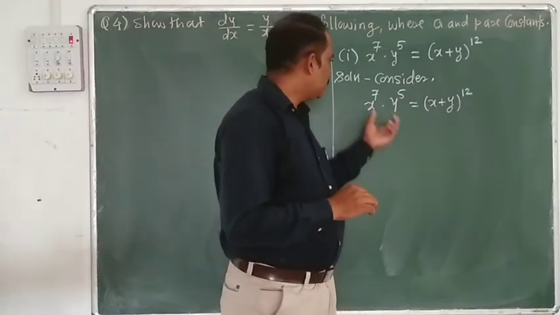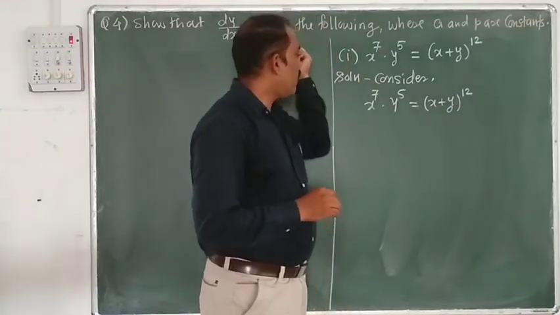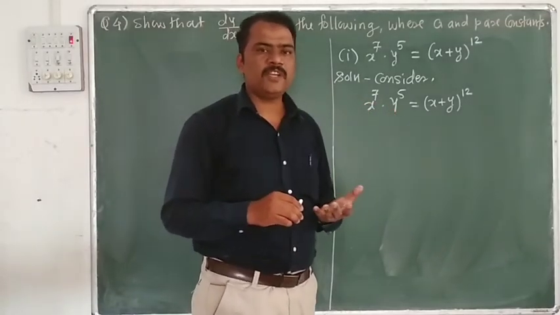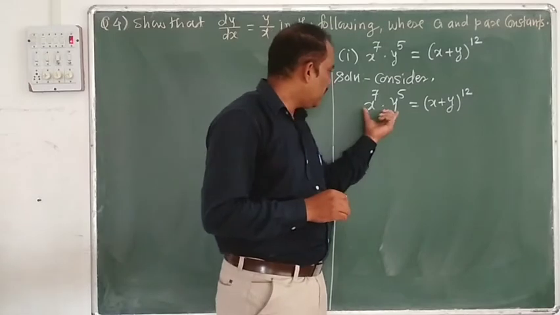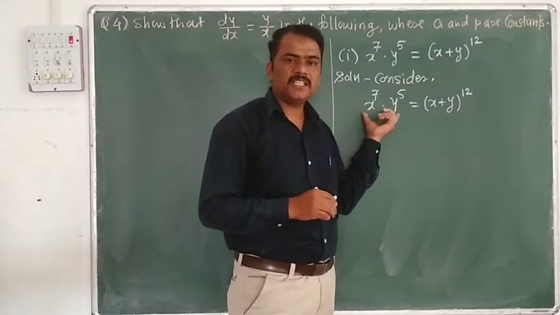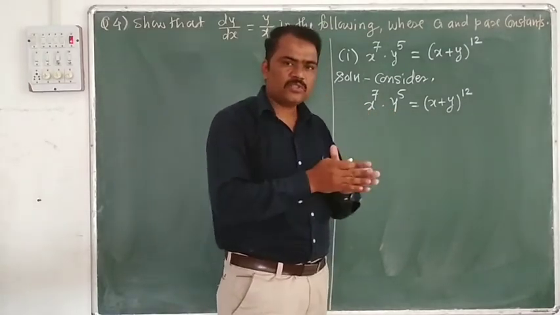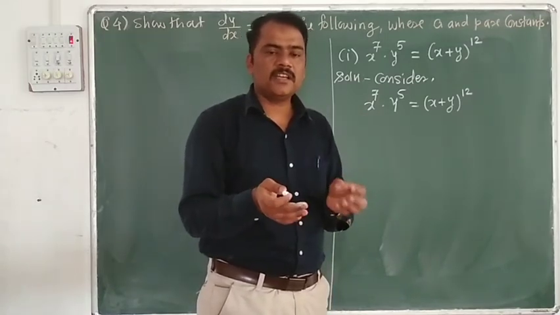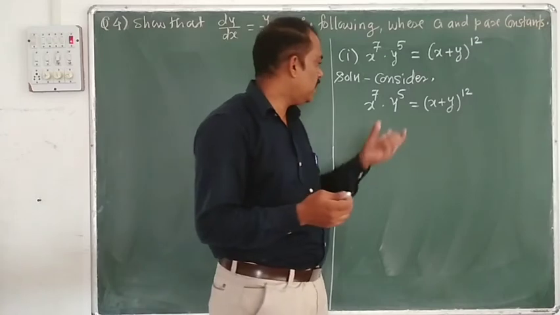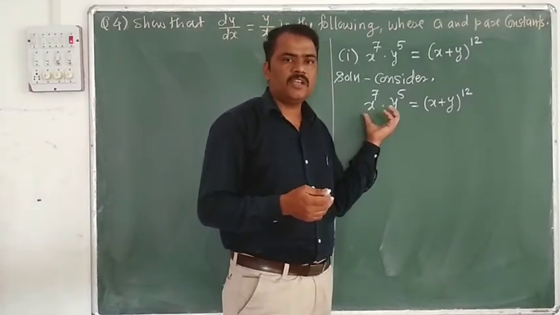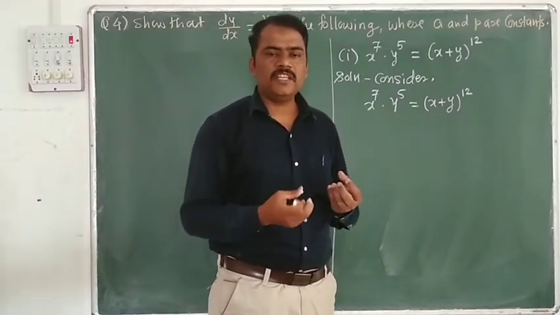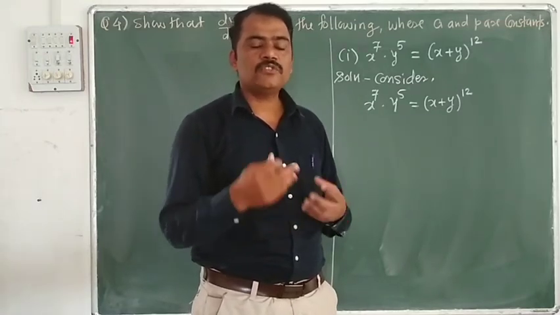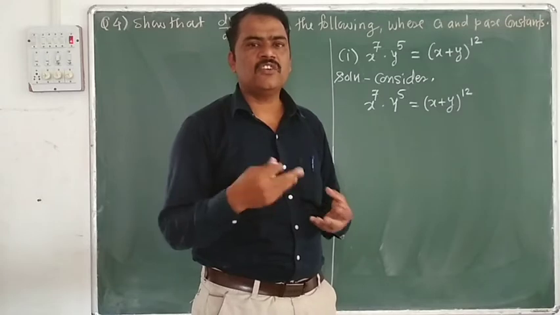So that to show that this dy by dx is equal to y upon x, we have to take the log on both sides. What is the benefit when we take the log on both sides? Here multiplication is there. When you take the log, you can separate it into two terms. When there are two terms, then there is a product. That time you have to use the product rule. And using the product rule, it is very convenient to use the derivative rules for the derivatives of addition or subtraction.